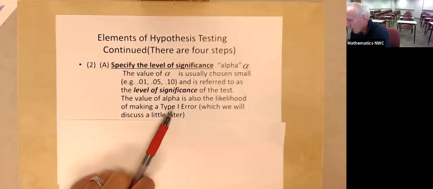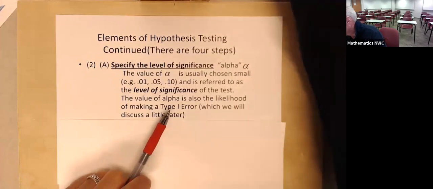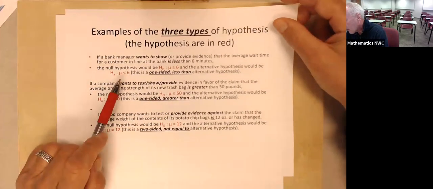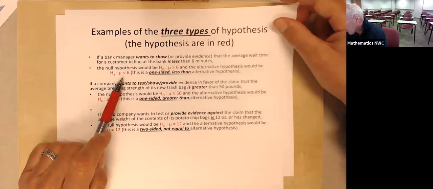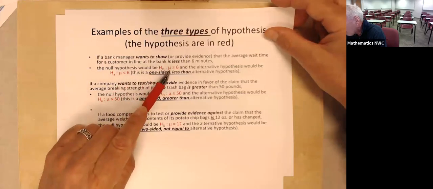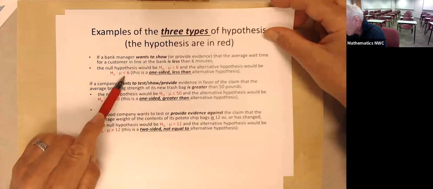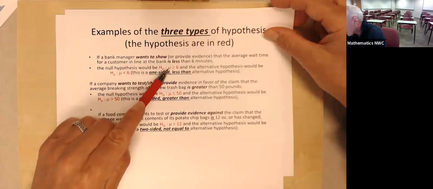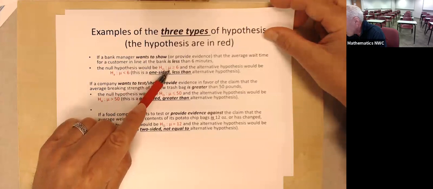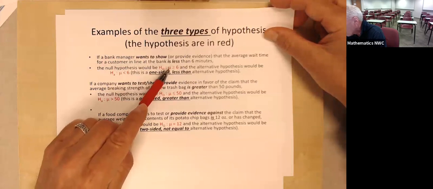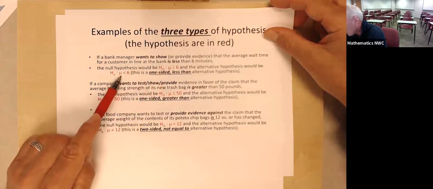A type 1 error would be something like this. I'll talk about this in a moment. You saw this slide earlier. We just got done with it. A type 1 error is where I feel I've got enough evidence to reject the null and conclude that it's less than 6, when the truth was, it was actually greater than 6. We must have gotten a bad sample or something. That would be an example of making a type 1 error. A type 1 error is when I got enough evidence to reject the null and conclude the alternative.